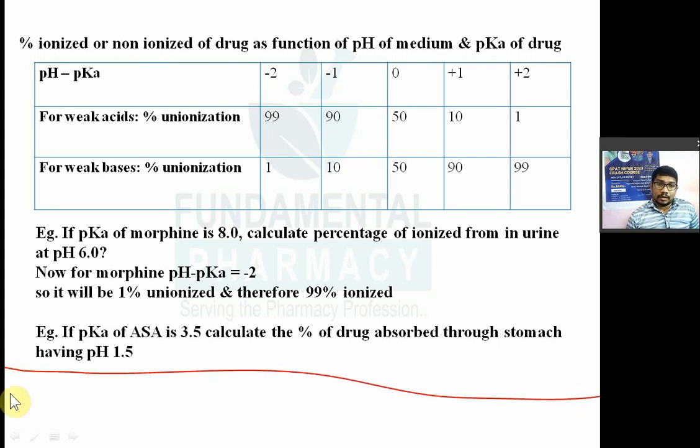1.5, सो pH minus pKa, 1.5 minus 3.5 कितना आएगा? -2, राइट? -2। तीसरा चीज क्या है आपको देखना है कि आपको ड्रग कौन सा है, वीकली एसिडिक है, वीकली बेसिक है। तो व्हाट इज एसिटिल सैलिसिलिक एसिड? इज अ वीकली एसिडिक ड्रग, ठीक है। सो कैलकुलेट करके pH minus pK will come -2। यहाँ पे अलग भी वैल्यू आ सकता है, उस टाइम पे आपको टेबल में कोरिलेट करना है। तो pH minus pK is -2 and aspirin is a weakly acidic drug, so 99% drug will be